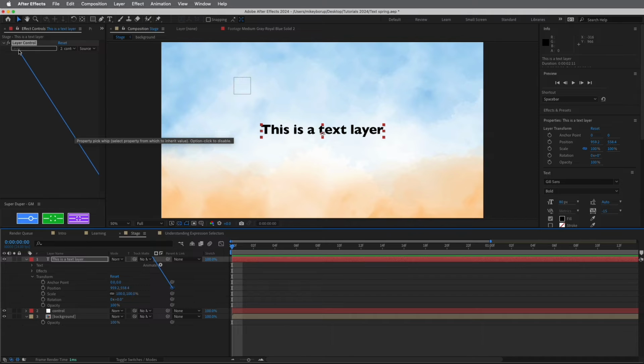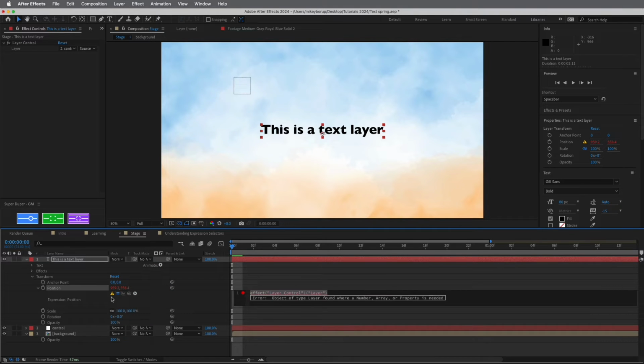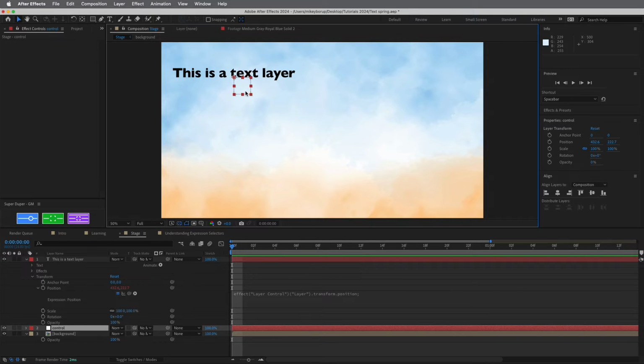I'm going to just pick whip that layer up in the effects menu. And then let's see what it says. If we go in here, it gives me an error. Oh, we haven't done anything yet. But this is bringing in the effect of that control layer, whatever layer is picked, which is beautiful. It doesn't have to be the right layer. It could be whatever layer you want. And then let's go dot transform.position, with a semicolon,